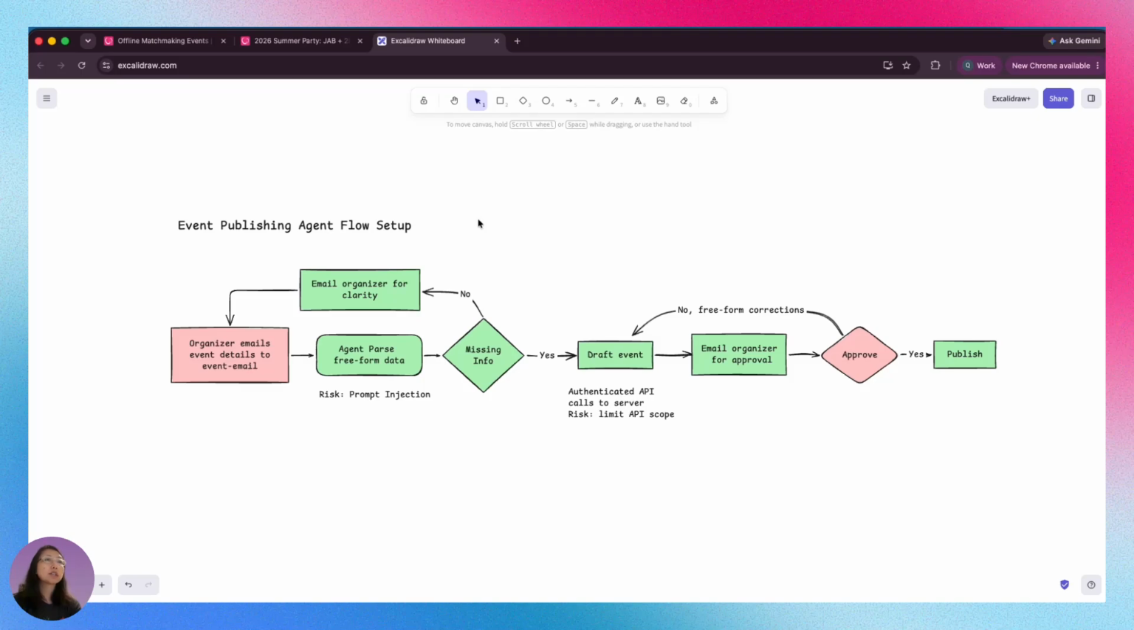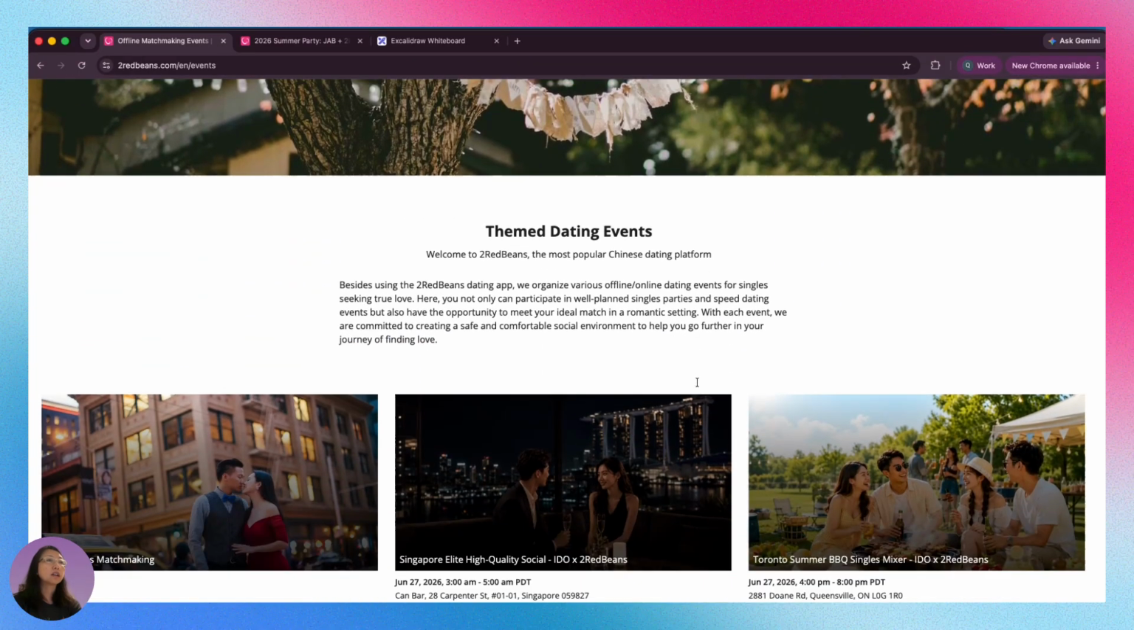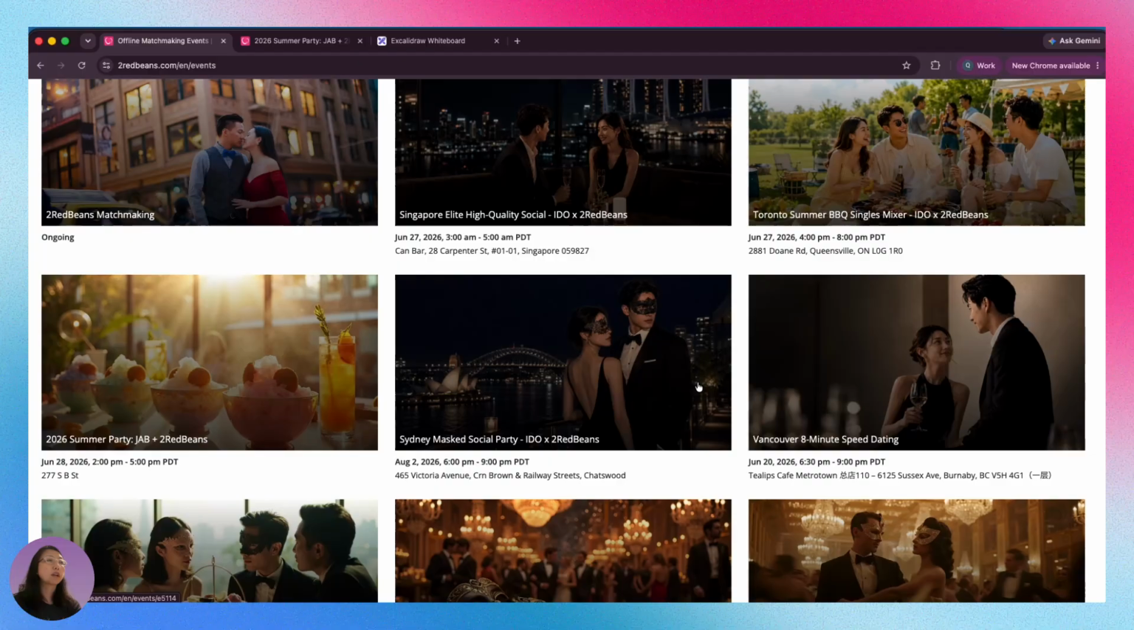Today I would like to share how to set up a really simple agent workflow with Claude. This is a really simple agent flow. Basically, it publishes our events automatically. At Two Red Beans, we run lots of offline events, and they are around the world in North America, Australia,